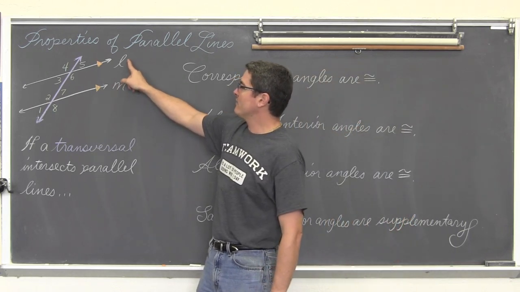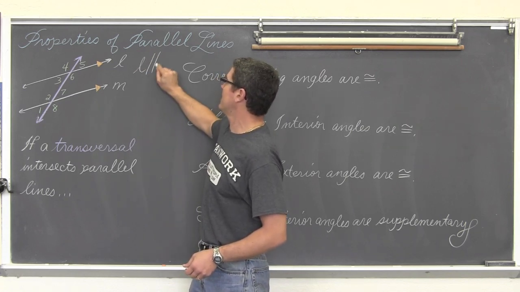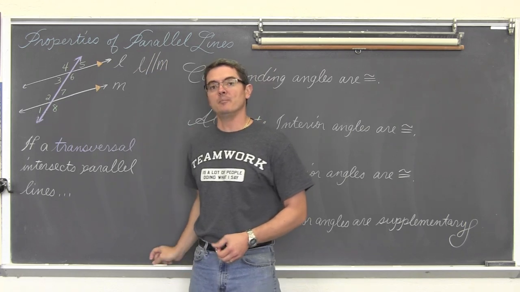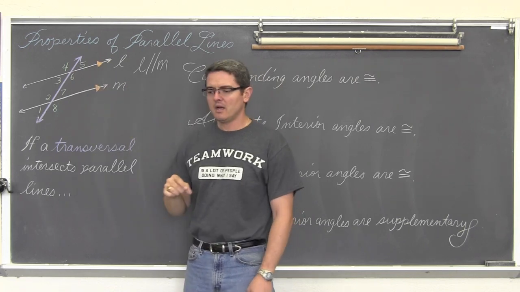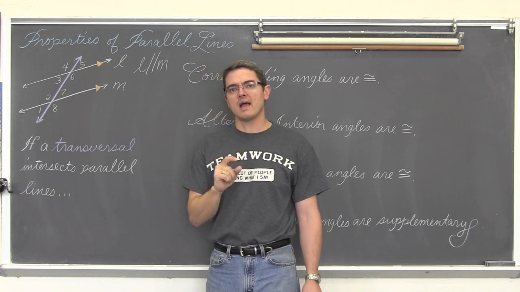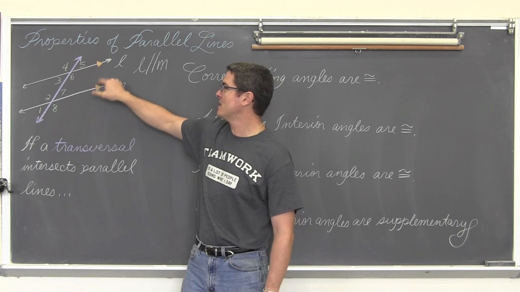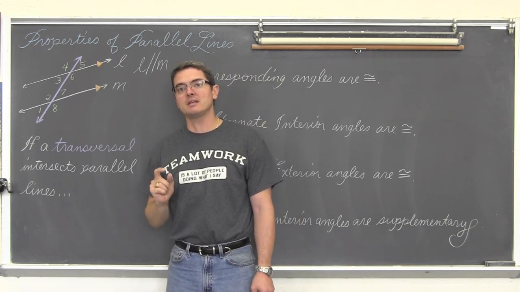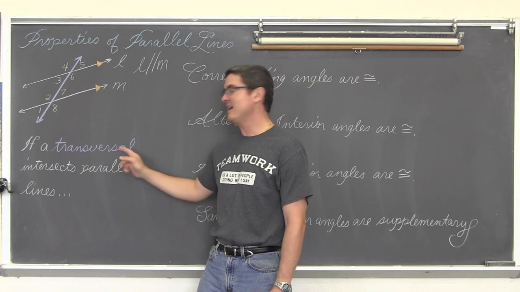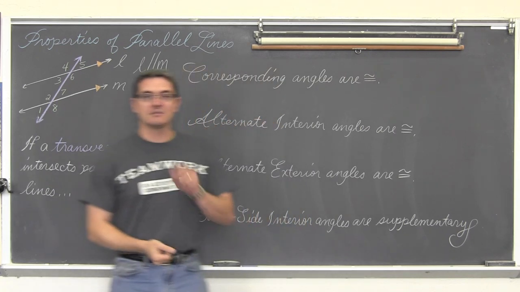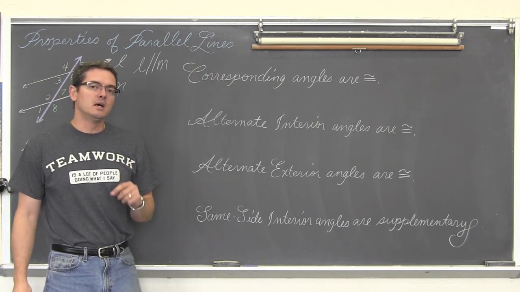Now again, we are given that line L is parallel to line M. But in a geometry diagram, you're going to be looking usually for a pair of dark triangles that are added to those lines. And, you know, we always end lines with arrows, but there should be another pair of arrows highlighted on those lines somewhere to indicate that those lines are parallel. So if a transversal intersects parallel lines, well then we have corresponding angles. They are going to be congruent.